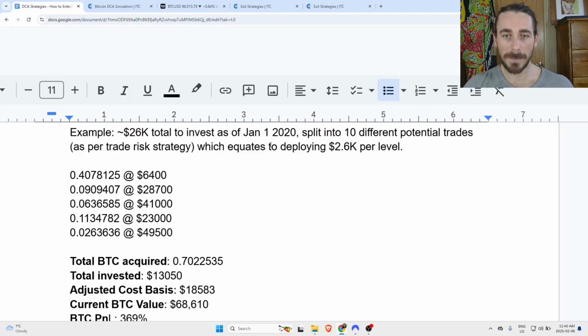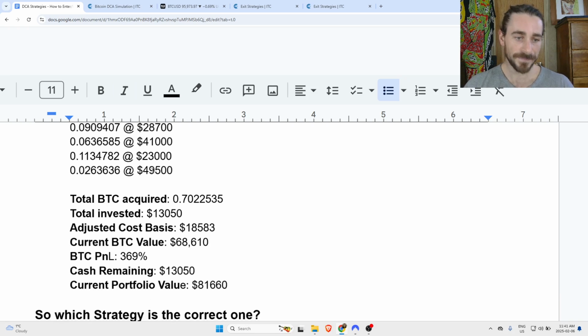If you were to buy 10% of your initial capital per level, you would be buying 0.4 Bitcoin at $6,400. You'd be buying 0.09 at $28,700, 0.063 at $41,000, 0.11 at $23,000, and 0.026 at $49,500. You have a total Bitcoin acquired of 0.7022535. Total invested $13,050. Your adjusted cost basis is